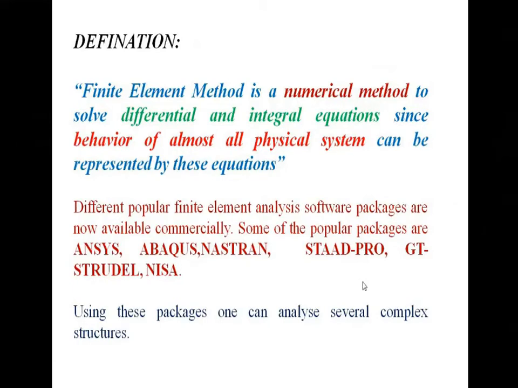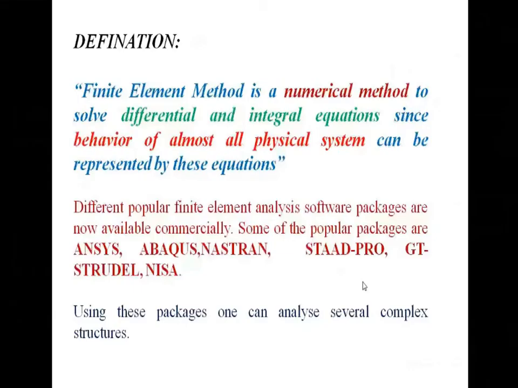But in a numerical method, if we are solving any problem, we will get an approximate solution, just like 9.92, 9.94, 9.96. That is near to the exact solution. If the exact answer is 10, we will get it in the numerical method as an approximate solution, that is 9.92, 9.94, 9.96. So the difference between the exact solution and the approximate solution is called an error, or the residual in terms of finite element analysis.